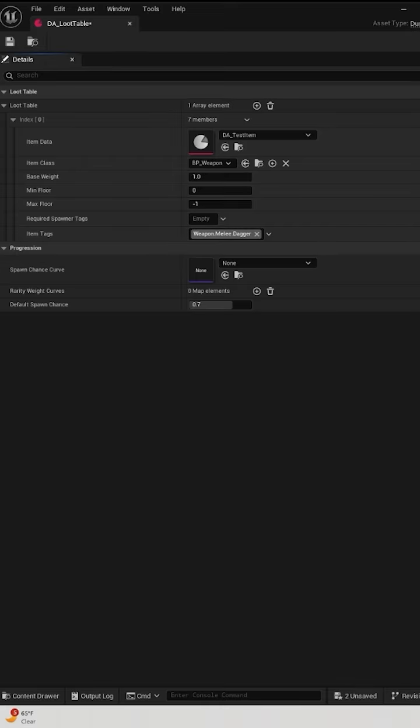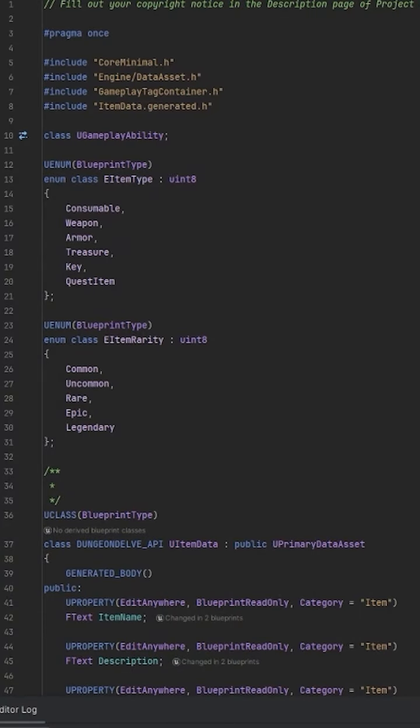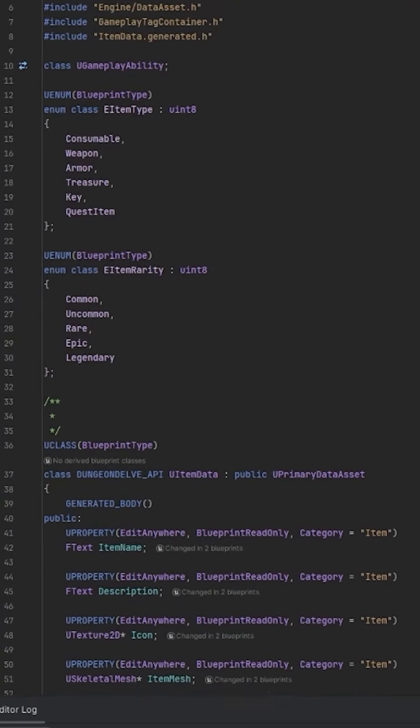Basically how it works is I can have things more likely to spawn the deeper you go into the dungeon. And on top of that, I can do it on a per rarity basis. And if I don't want to use any of that, I can have it fall back on the default spawn chance. One of the reasons things broke is because I did all of this new stuff in C++, and so